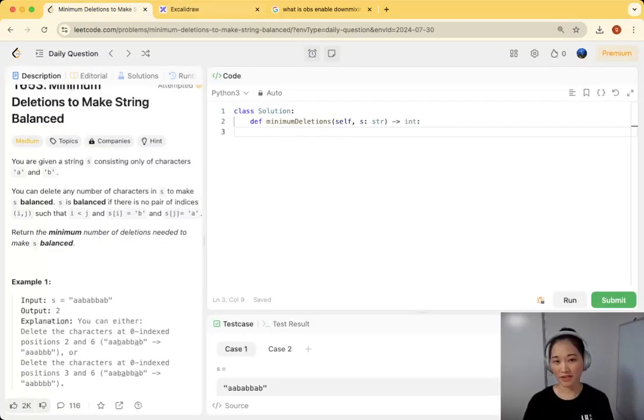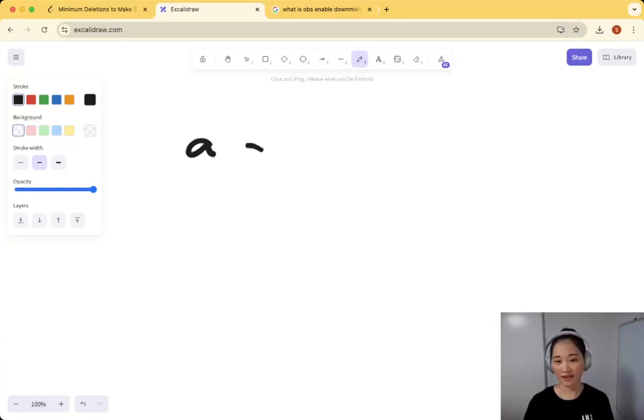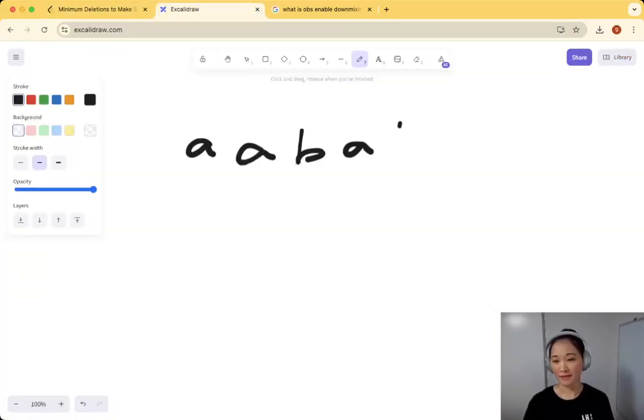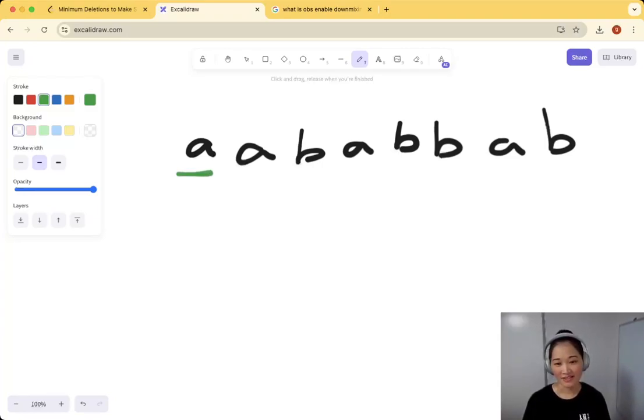A, B, A, B, B, A, B. A, A, B, A, A, A, B, A, B, B, A, B. This is our string. Okay, so we're going to basically take every point and use that as the separating point. So at this point, all the characters on the right that need to be deleted in order to make this